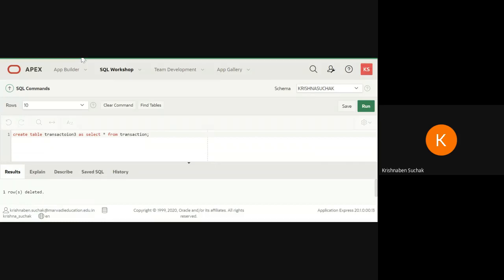Okay, so first make a duplicate copy of your table transaction, and then we will perform each and every operation in this table. Okay, right here done. Once we have created the duplicate copy, right here done. Our fifth query of the next part is done. Okay.